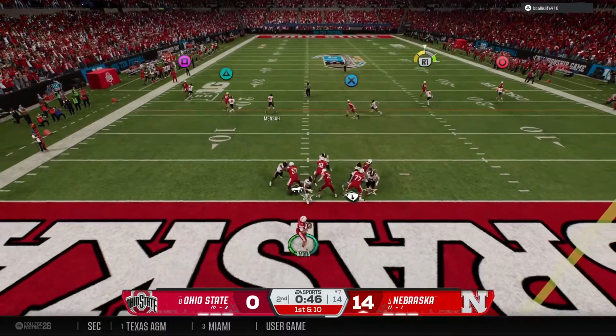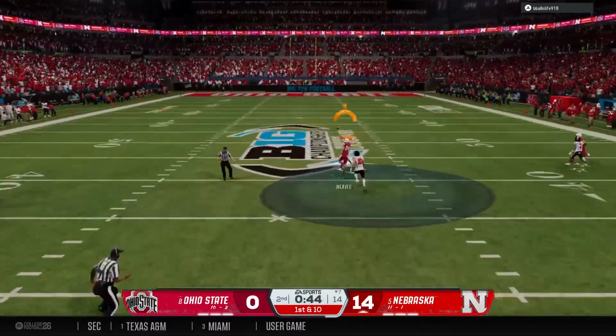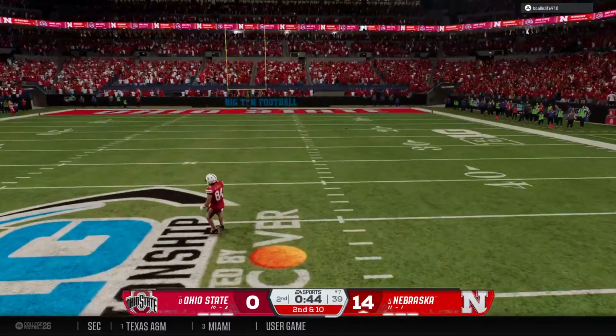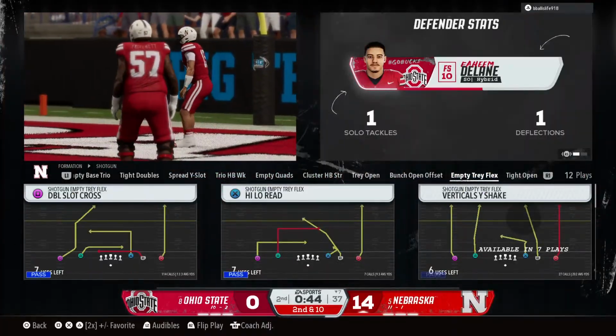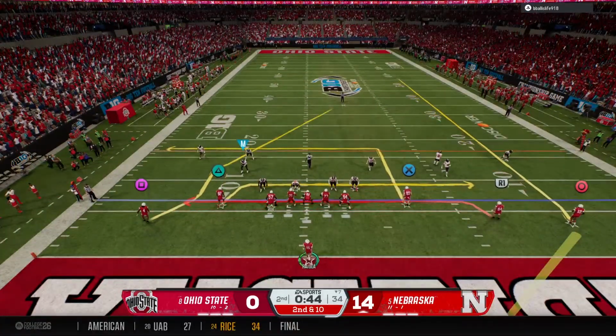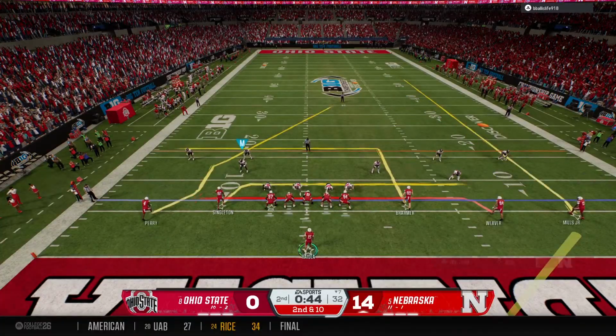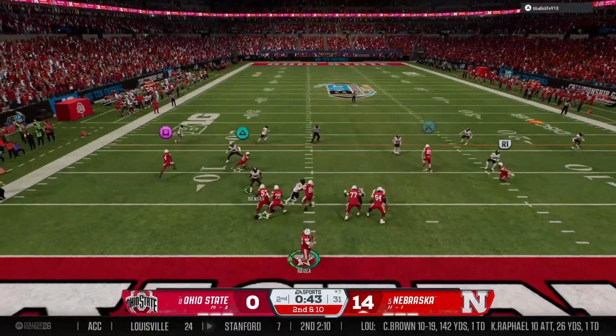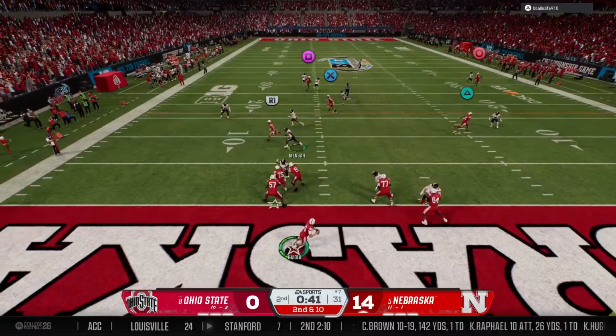Looking to throw it on first down. He'll take a deep shot here. That ball's incomplete. An aggressive deep shot on first down. Chris, we're all guilty of this. We all look at the big plays, the quarterbacks, the offense, how many points, how many yards. Sometimes we overlook the most important aspect of the game, the offensive line.